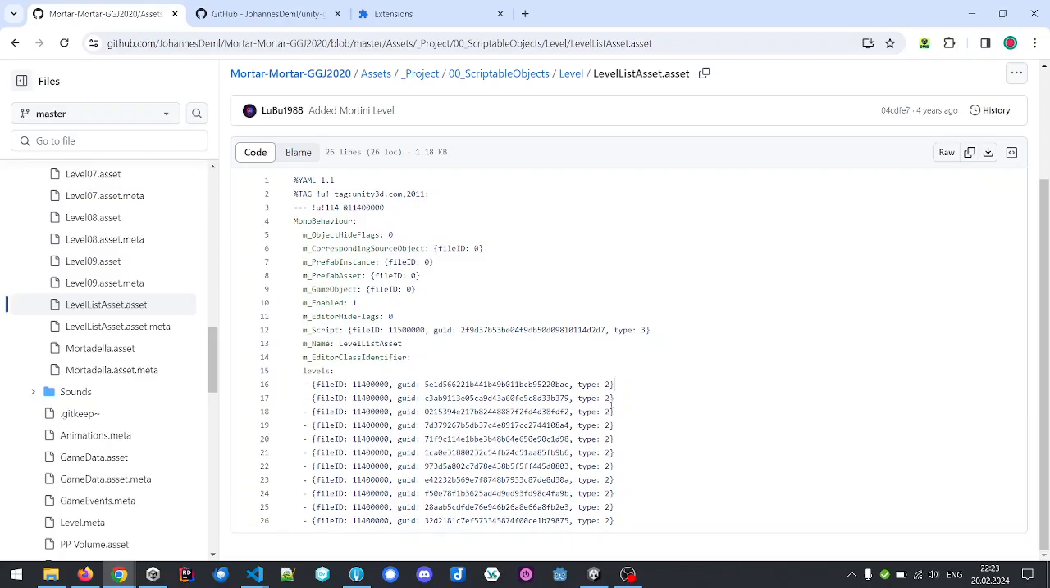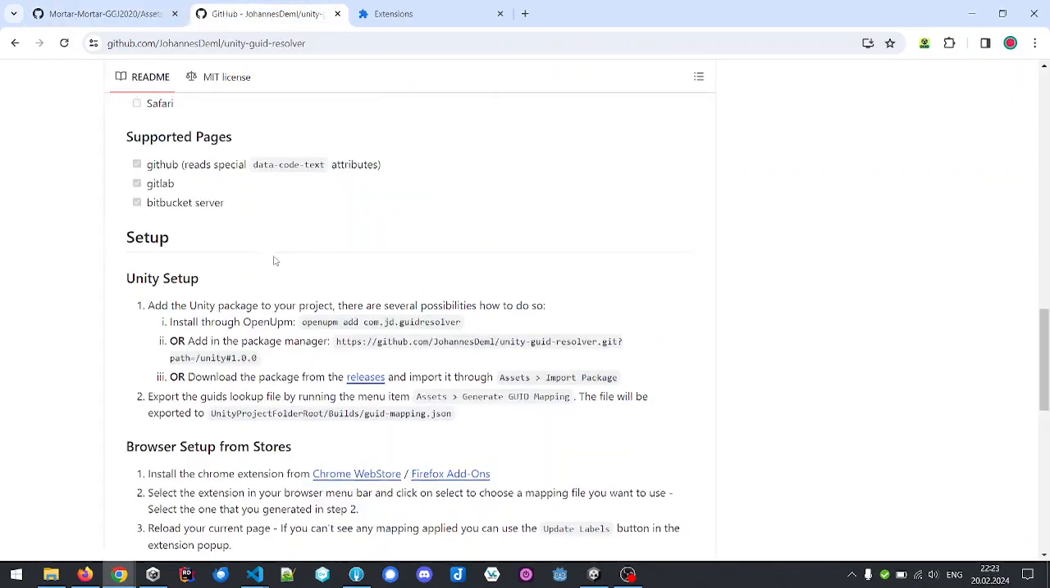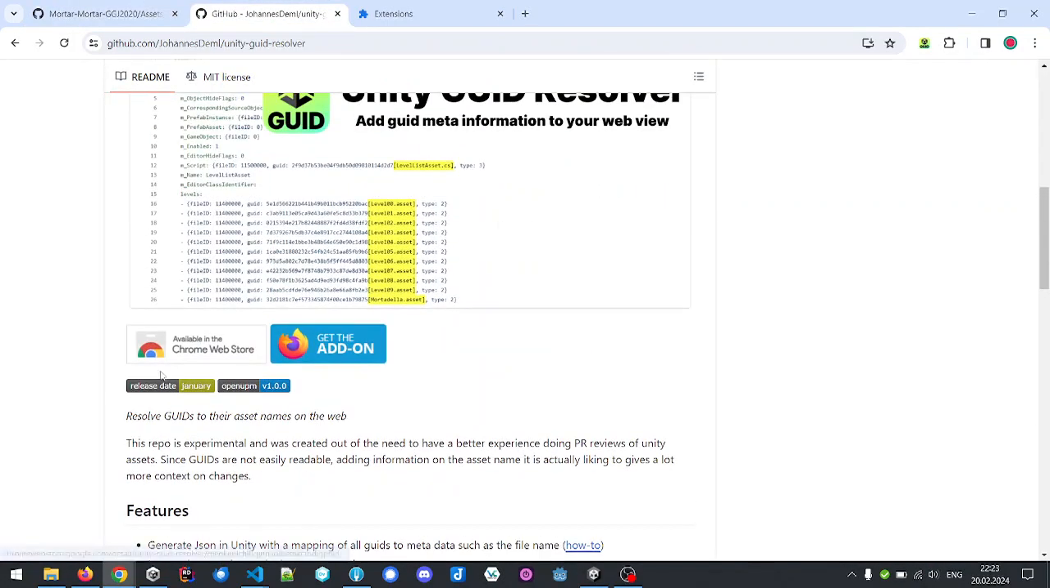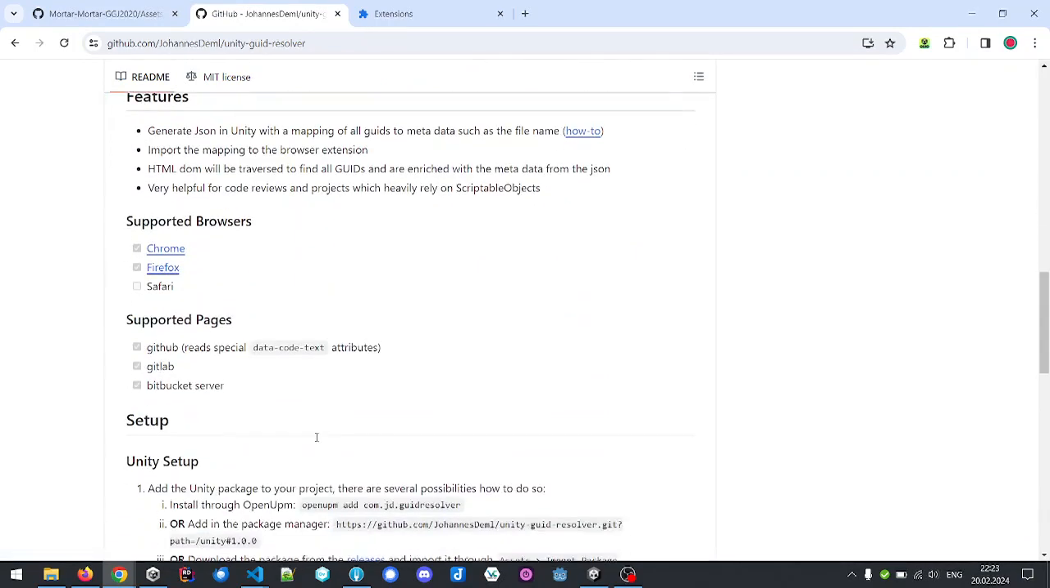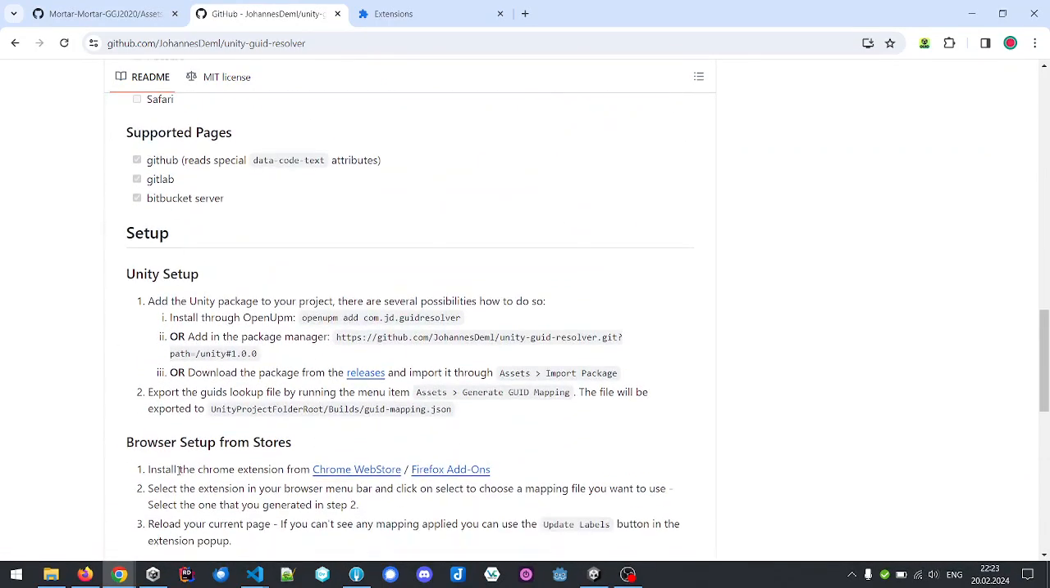The GUID resolver helps you to understand the GUIDs you see in your browser to give them names of the files that actually stand behind those. To get started, install the add-on through the links on the GitHub page and also install the Unity package in